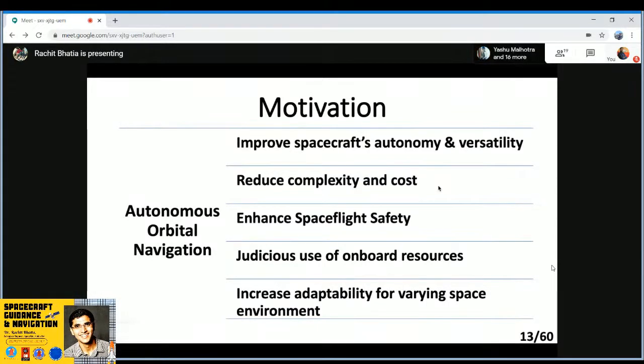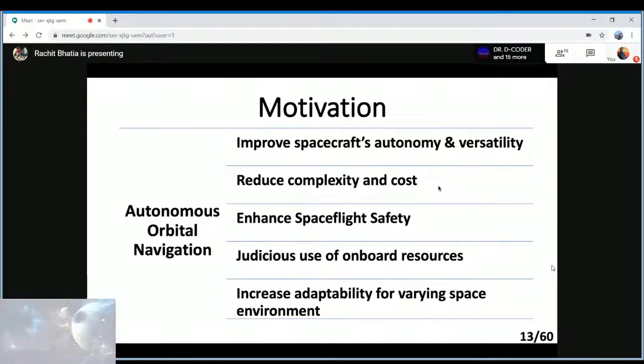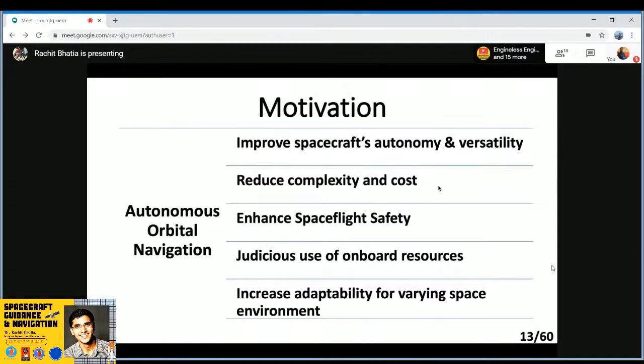Now, the last point, the reason I give that is there are many different options for autonomous orbital navigation, many different concepts that have come up, like using X-ray pulsars for navigating, or developing a GPS type network throughout the solar system to navigate. But each of these concepts have certain limitations in certain space environments,